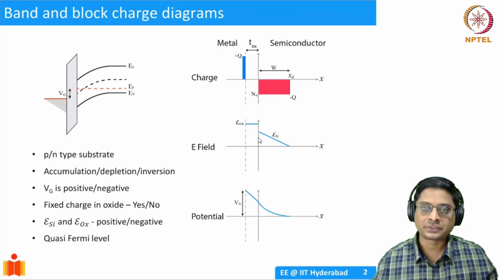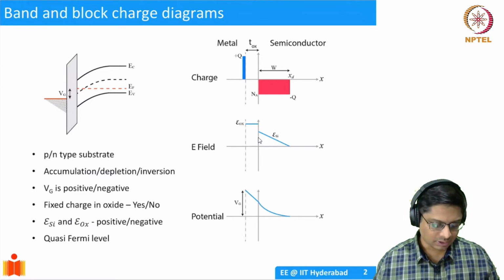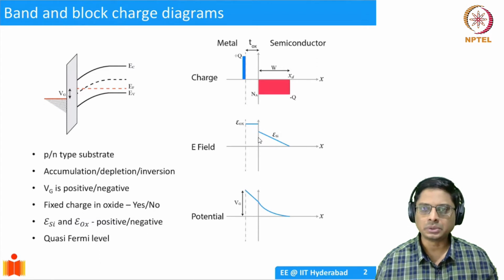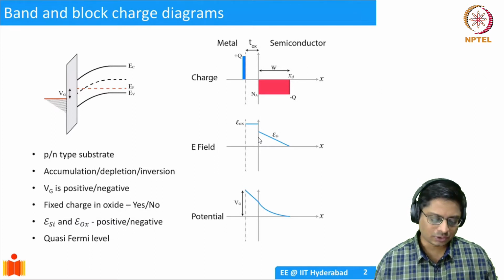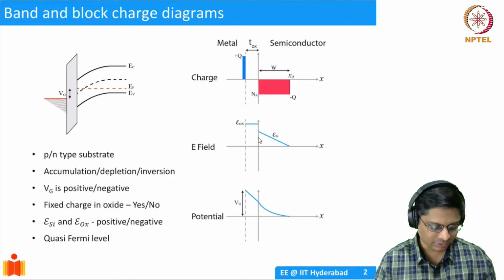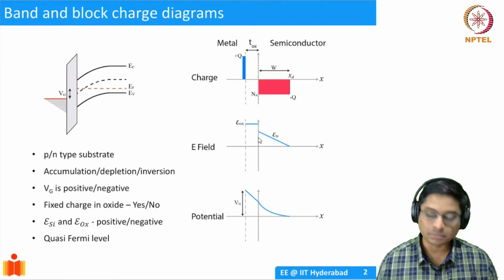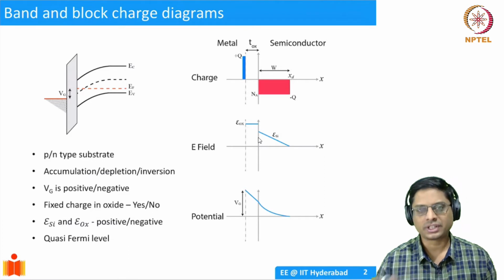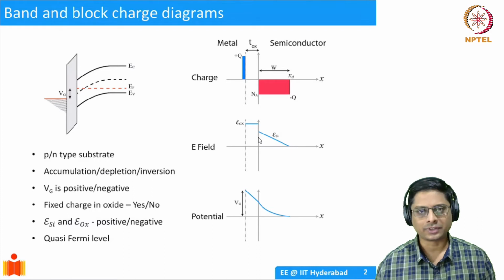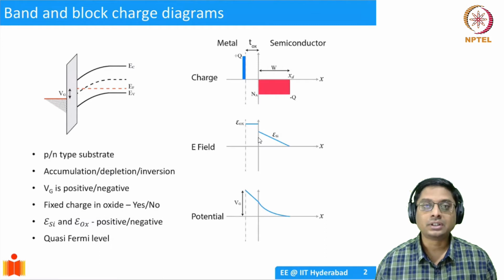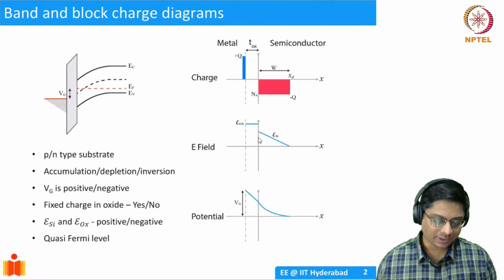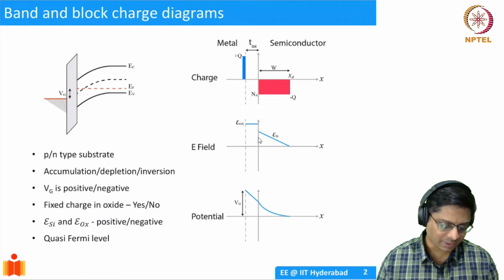So as I've been emphasizing multiple times, band diagrams are a very, very useful tool to understand what is happening in the semiconductor device. And also, in the last lectures, we have introduced the block charge diagrams. For example, how does the charge vary as a function of position in a MOS cap? Like how does electric field vary and how does the potential vary? So these are also very useful. So together with band diagrams, they convey a lot of information. Okay. For example, you have looked at all this before. Let me try to quickly recap.